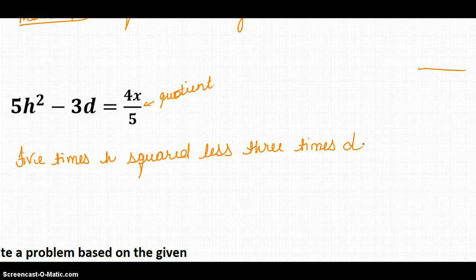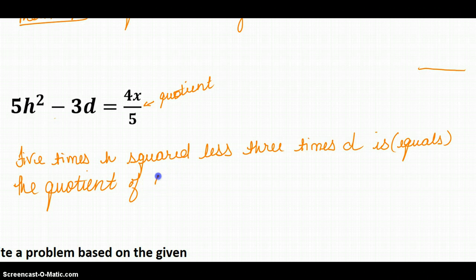So do you notice the difference between less and less than? We're saying that this is going to be less 3d. And so if I were to use the less than, I would say 3d less than 5h squared. So 3 times d is, or equals, we could put equals there, the quotient of, that's the most common one you're going to see, quotient of 4 times x